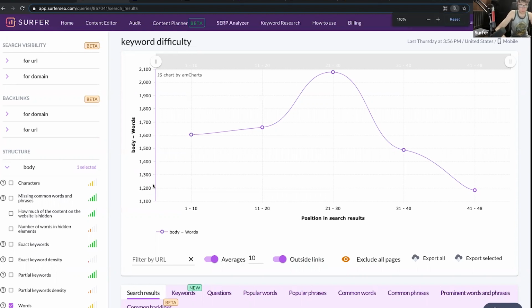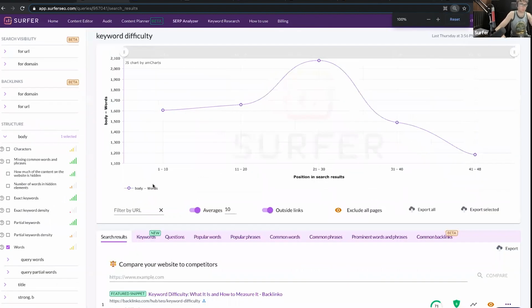Yet I owe you an explanation, of course. So this is the SERP Analyzer. You see the chart in the middle,